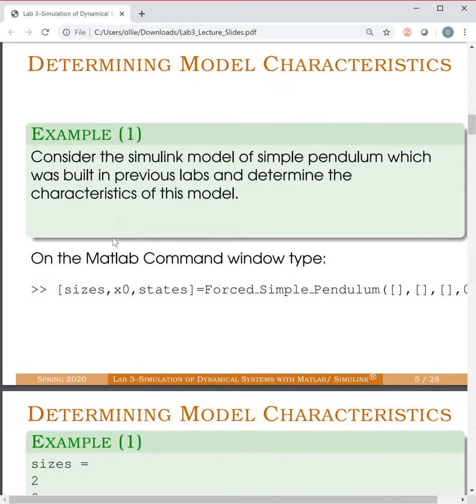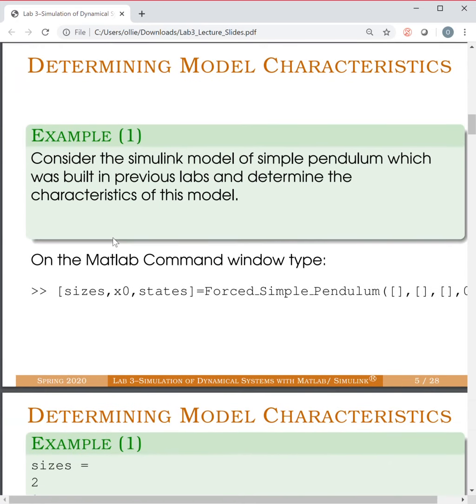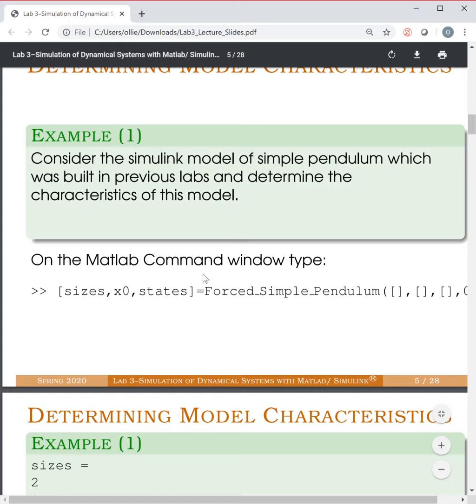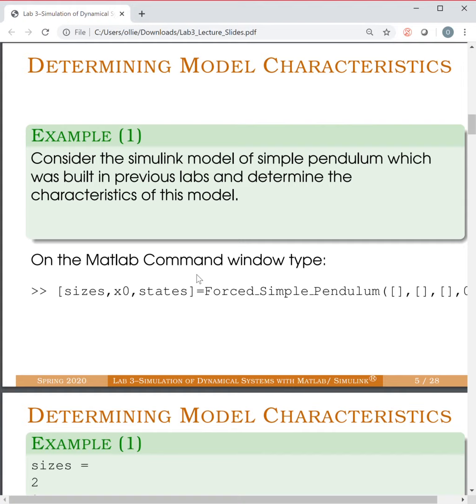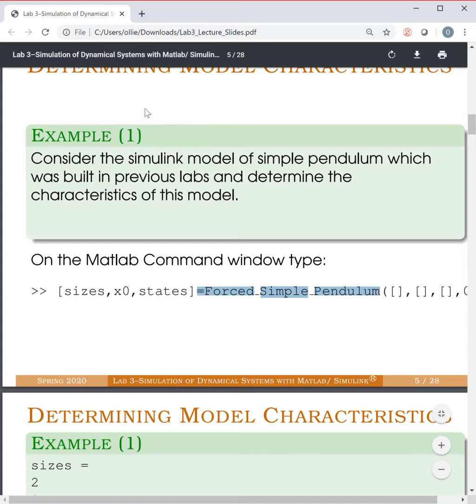Our first example is simple. We will run this line here to provide us with the sizes, initial conditions, and states for the forced simple pendulum model. You should open up this model before you run and make sure that it is in your directory, so that MATLAB can access it when you want to run this line. You can do that on the top of MATLAB. You should have some file path, and you can select which file path you want to use. Make sure that you see this file here. Okay, so if you run this,